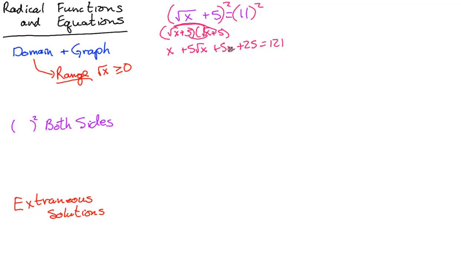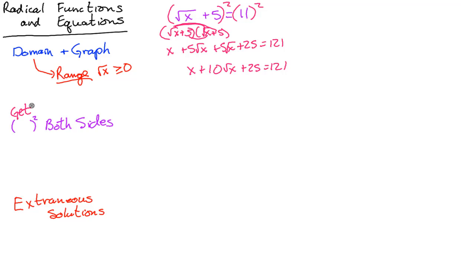Oops, I forgot that square root. And so you get x plus 10 square root of x plus 25 equals 121. Do you see how we didn't really simplify this or get rid of the square root at all? It's possible we might have to do that in some problems, but really,